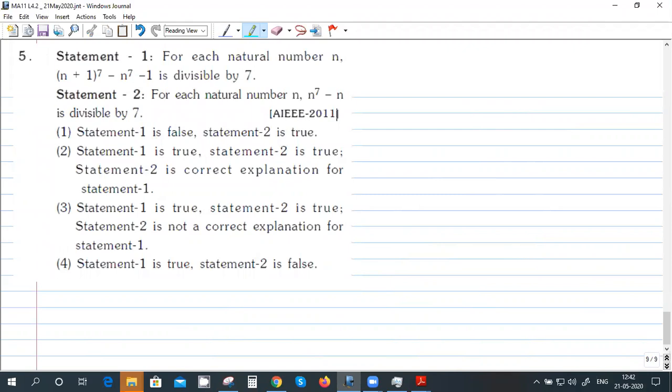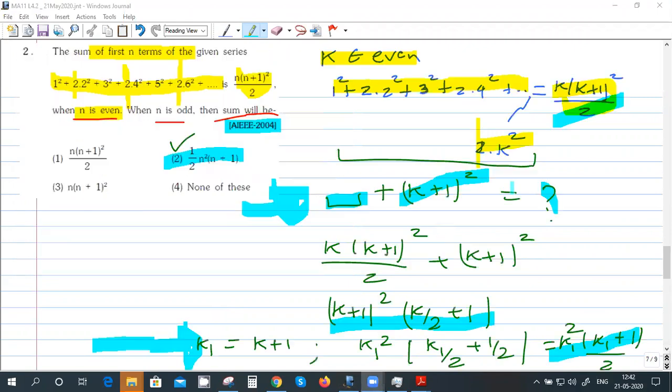Statement 1, for natural number n. You have to check individually. For the previous one, you can check whether it is true for odd numbers. Just put n equal to 1 in the options and check with the series. What is the sum here?